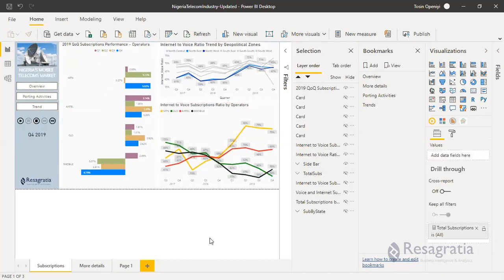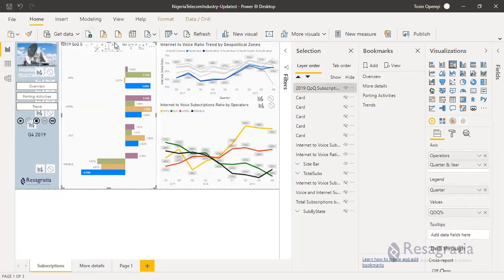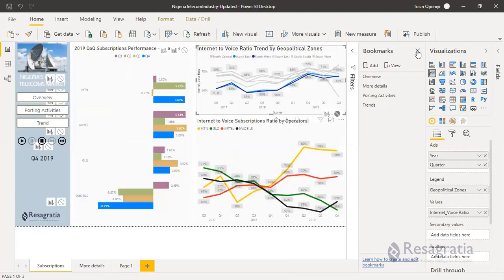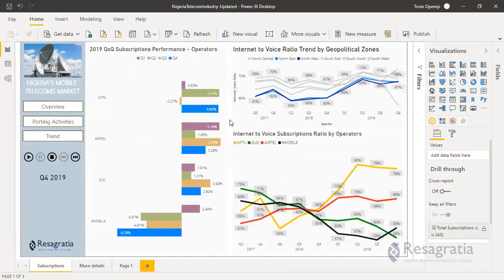Okay, so what is going on here is this is actually showing the total subscription for both voice and internet, for both voice and internet. And we have defaulted it to 2019 because for 2019 we have the full quarters of 2019.